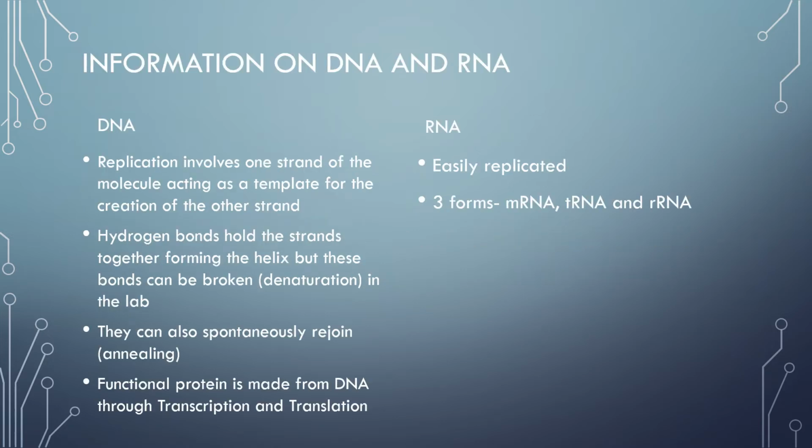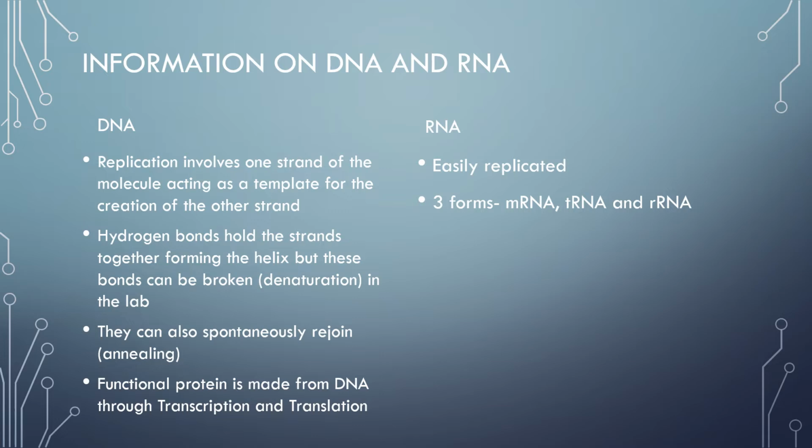So, a little information on DNA and RNA. In DNA, replication involves one strand of the molecule acting as a template for the creation of the other strand. Hydrogen bonds hold the strands together, forming the helix, but these bonds can be broken, and that's called denaturing or denaturization in the laboratory, such as in PCR. They can also spontaneously be rejoined, and that's called annealing, and functional protein is made from DNA through transcription and